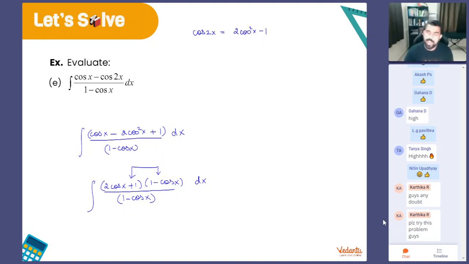Sir, how did you factorize, sir? Guys, just the normal way we do it. Okay, splitting off the middle term. When you do that to this quadratic, you will get this. So now you see something common in the numerator and denominator? Yes, sir. Now did it become a laddu question? You got 2 cos x plus 1 into dx, which is a very simple integral, because you can write it as integral of 2 cos x dx plus integral of 1 dx. So that will be what? 2 sin x plus x plus c.